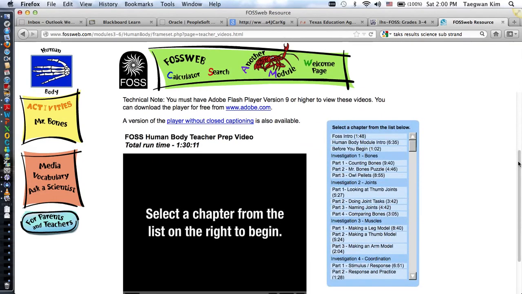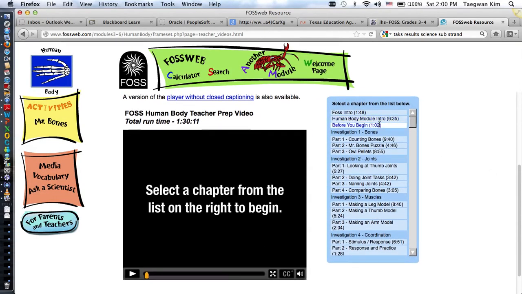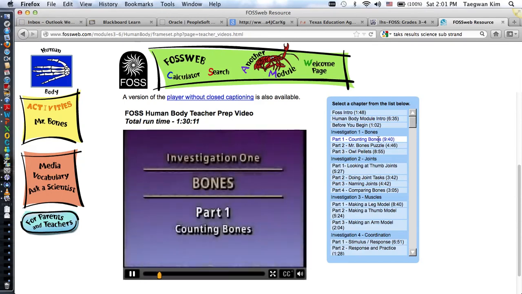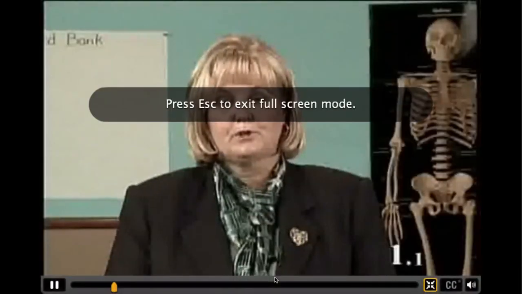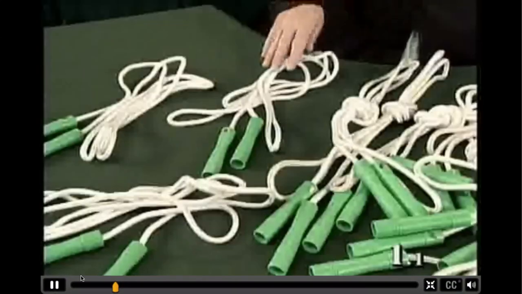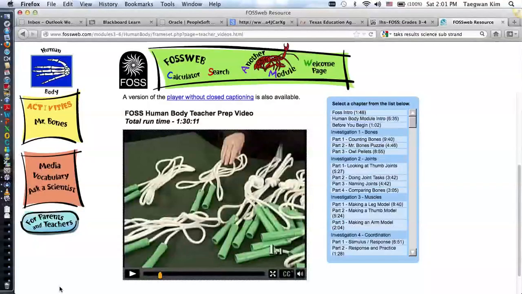Then this video clip is divided by times, like part 1, counting bones, 9 minutes and 40 seconds. This investigation begins with students jumping rope to explore the ways in which their body moves. Then they count the bones in the skeleton, first without visual aids. Then we pass out posters, and students use these aids to get a more accurate count. For each part of the investigation, you'll need to set up a material station. For this part, you need the jump ropes. Okay, so of course, from FOSS